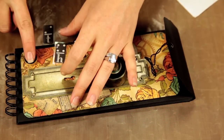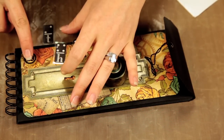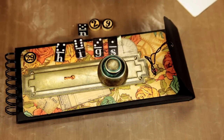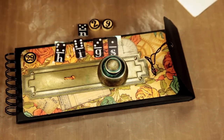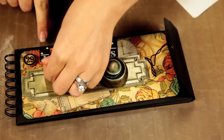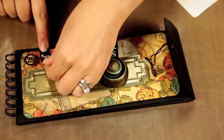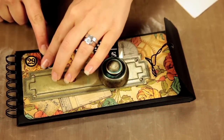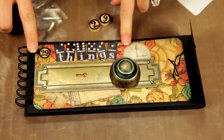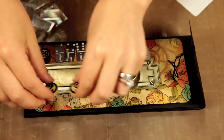And I just want to put it right over here in the corner. And then I'm just going to follow with my stickers. And I don't really care if these are perfectly straight up and down, so I might even try to skew them a little bit. Once you have your top portion done, then you can move on to the bottom portion